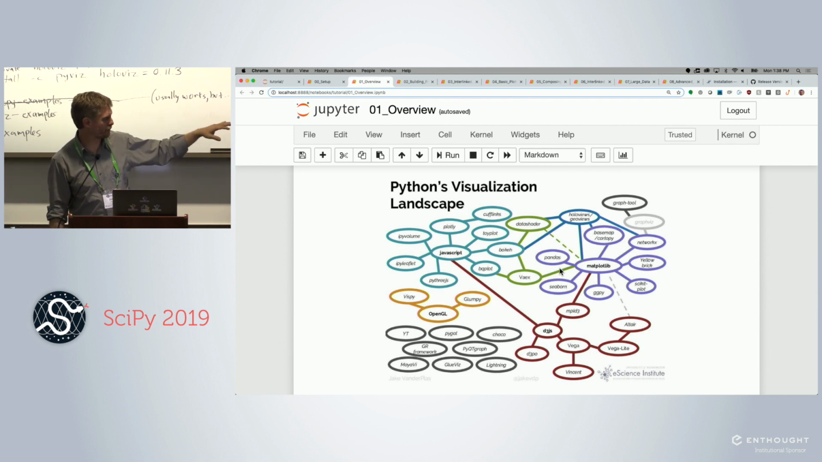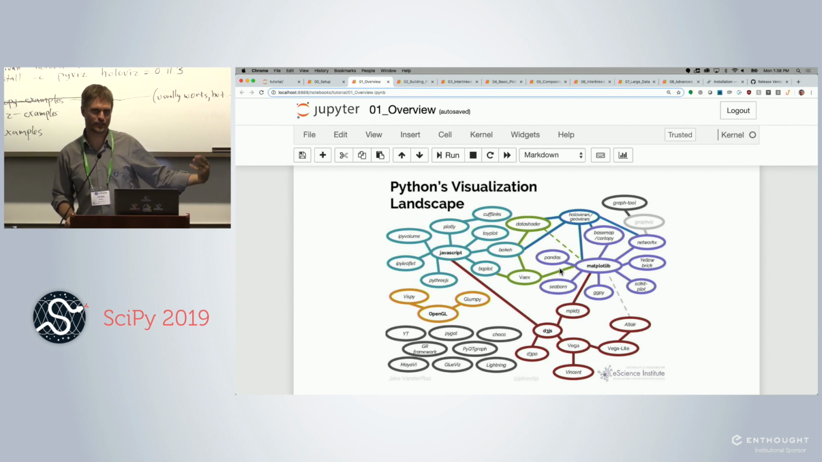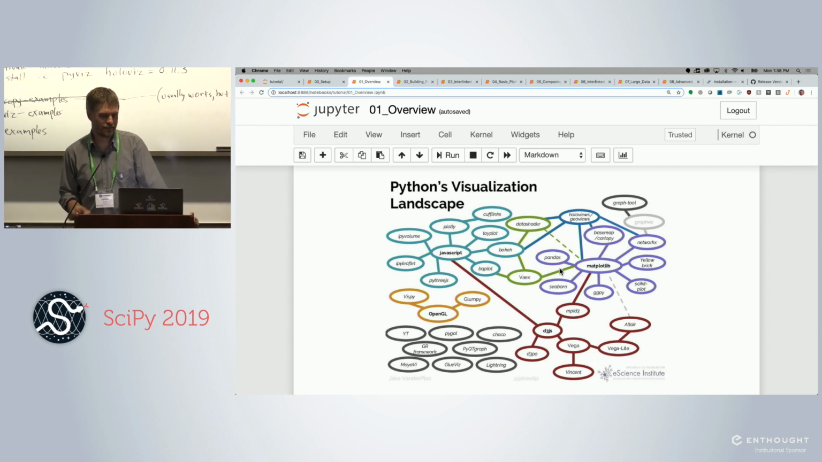Some of the things in the diagram are from our group. Most of them are for other groups. All of them have some reason to exist. There was some need that was unmet until that package was created. And that's how we ended